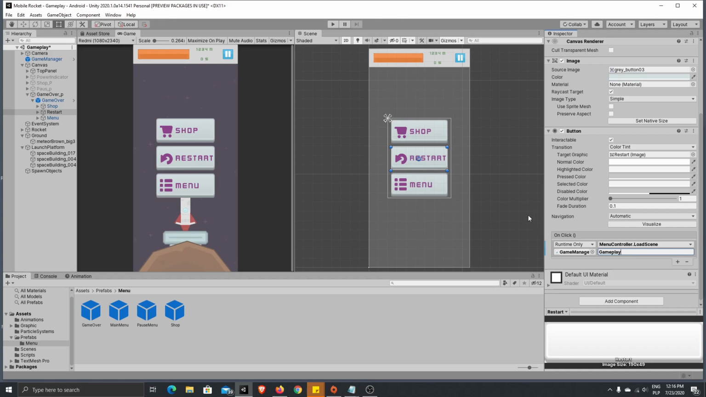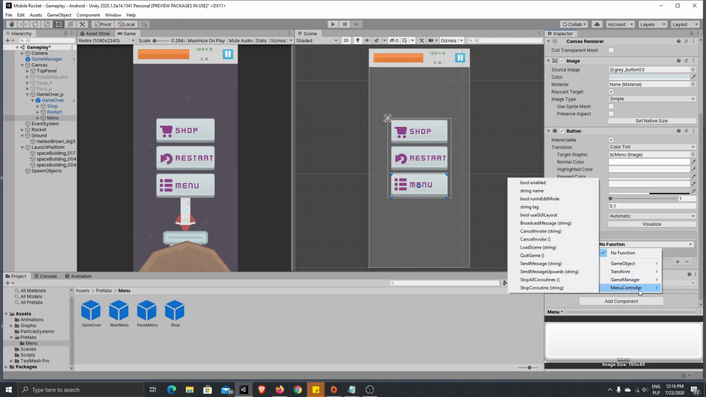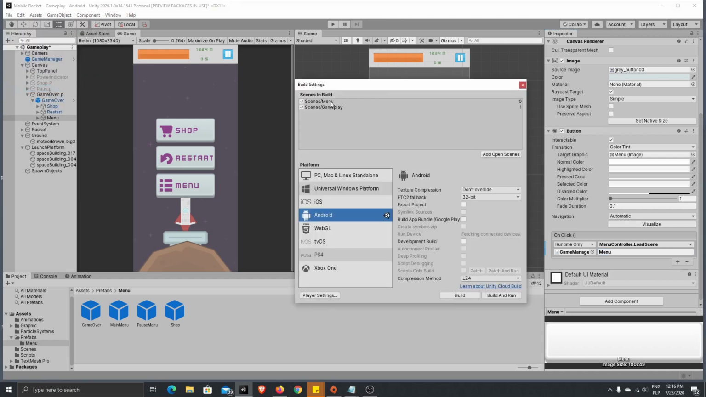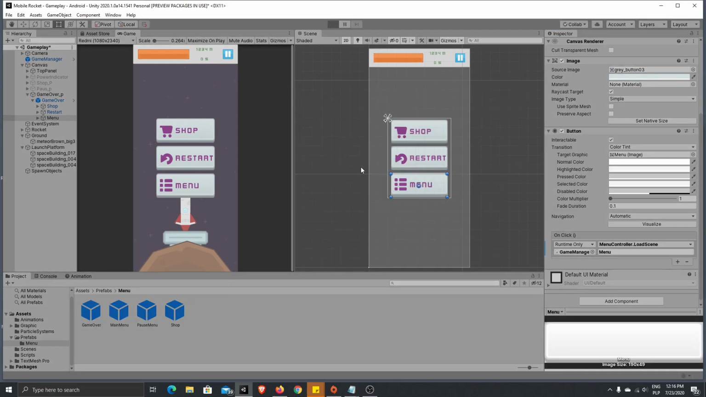This is the script we created when we were creating our main menu, if you remember. Okay, and menu, it will be the same function, just go to your functions, menu controller, load scene, yeah, it's here, and go to your menu. The names, as you remember, are here in the build settings, so please write them correctly, as you can see here. So now if we test our game over menu,